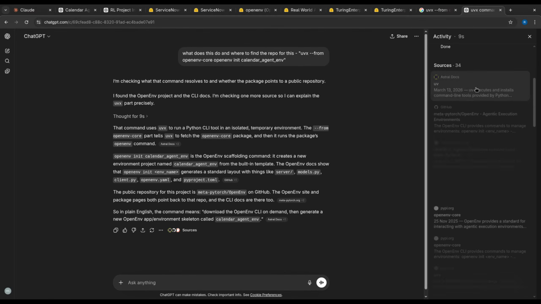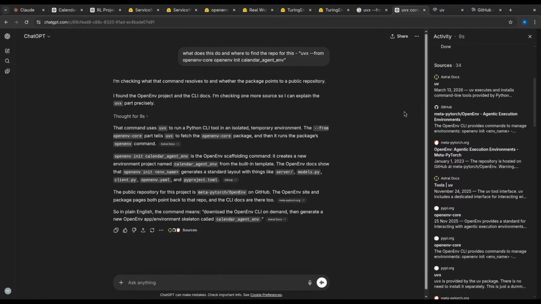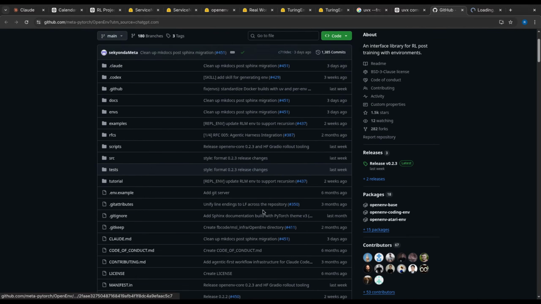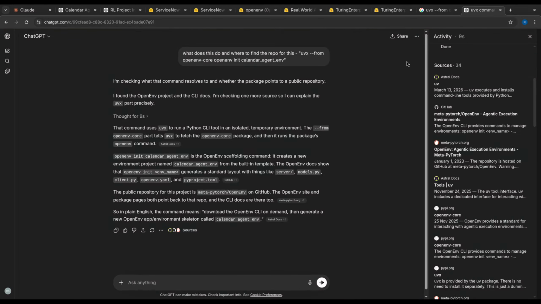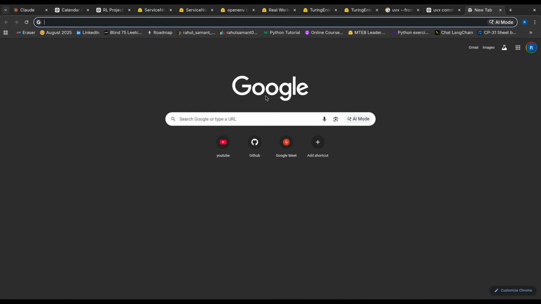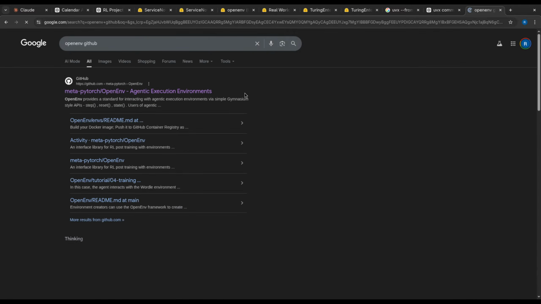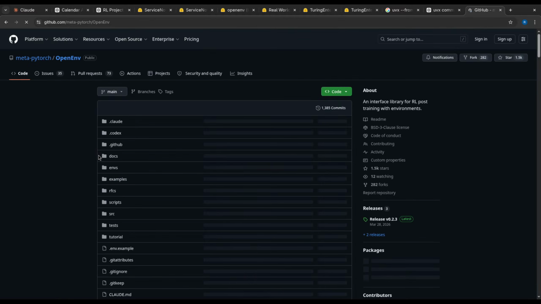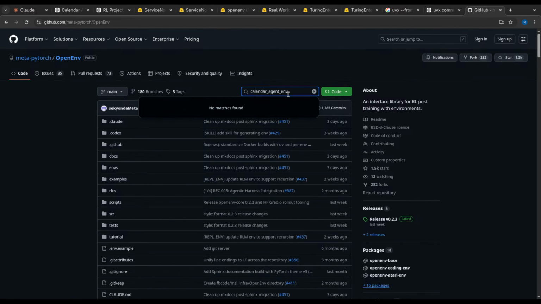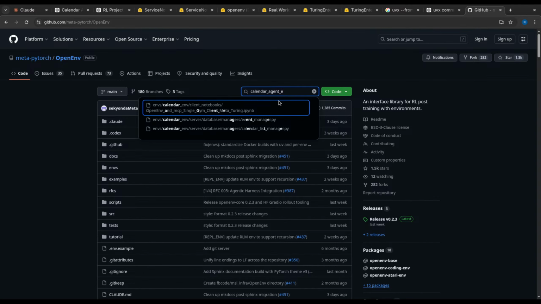Hmm. uvx is from this code, open init calendar. Okay, let's just search this thing over here. We do not have it, but it should be imported from somewhere, right?